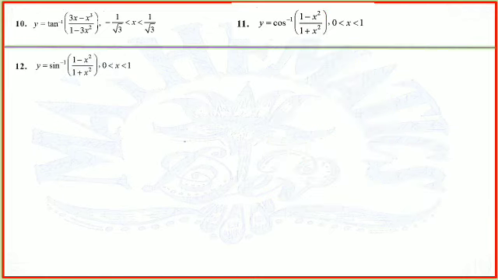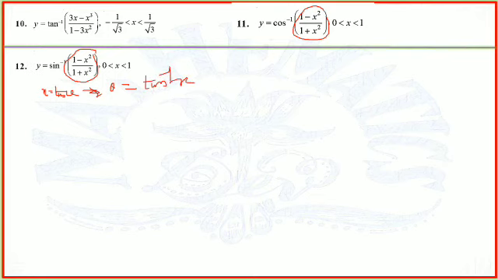Question number 12 is also of the same category, but with a little tricky, smallest thing here, because you can see this again, observe this thing and this thing in question number 11, both are same. So here you can substitute only x is equal to tan theta. Again theta will be equal to tan inverse x, but when you substitute this x is equal to tan theta, this term will convert into cos 2 theta, but outside we have sine inverse. So how will we cancel?